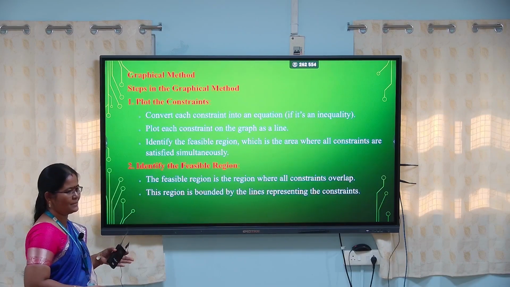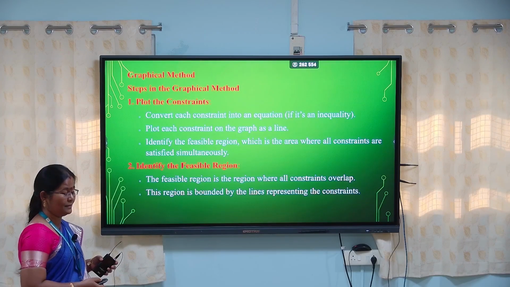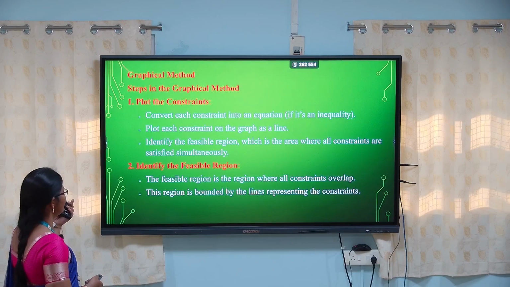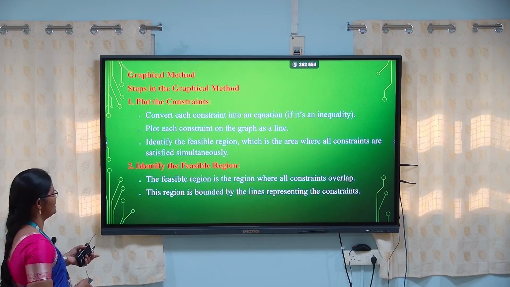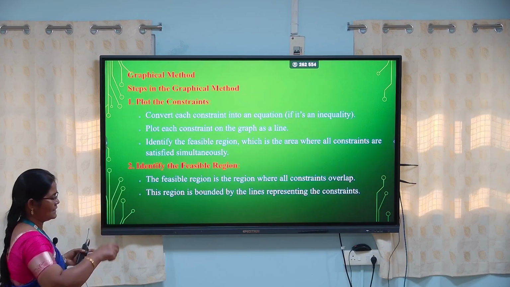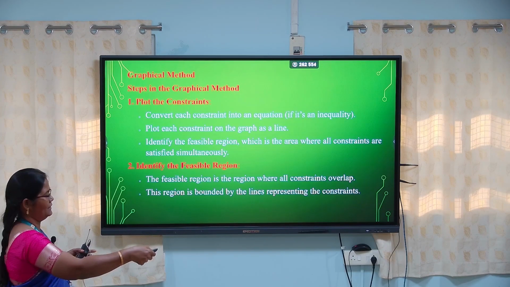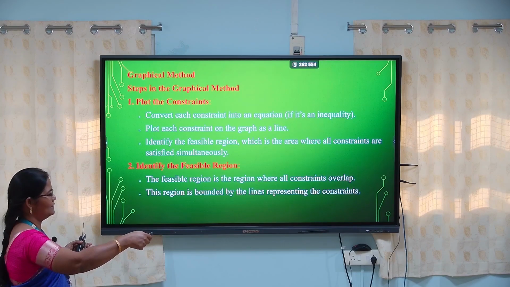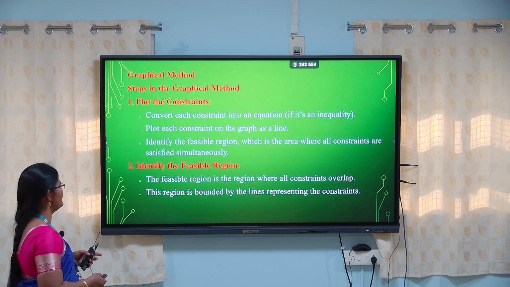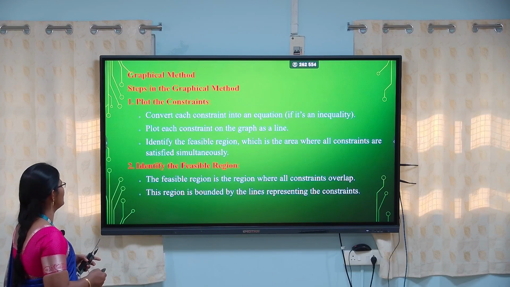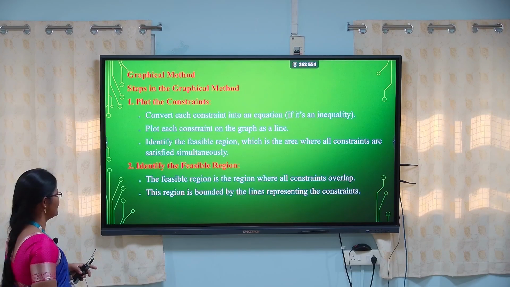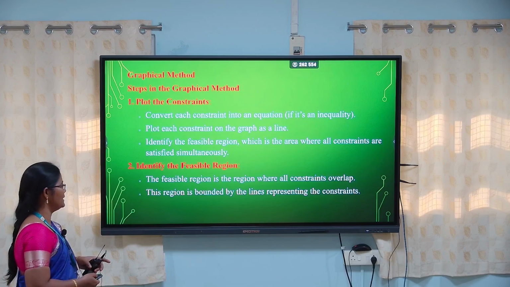There are 4 steps to solve a linear programming problem using the graphical method. Step 1 is to plot the constraints. Convert each constraint into an equation if it is an inequality, and plot each constraint on the graph as a line. Suppose we convert it to an equation, then we can draw it as a line. Number 2, identify the feasible region. The feasible region is the area where all the constraints are satisfied simultaneously, where all the constraints overlap. The region is bounded by the lines